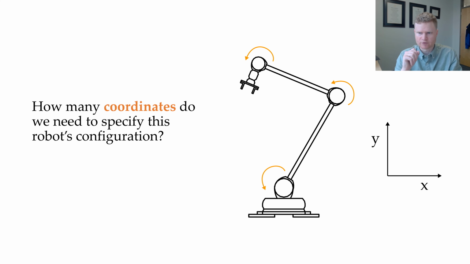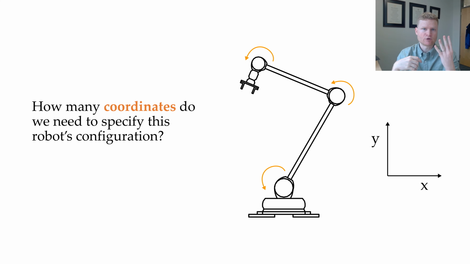Okay, in another example, same idea. How many coordinates will I need to specify where this robot is in space, the robot's configuration? Now, there are a few answers here that are all good. One would be 3. I've got this robot arm, and it's got these 3 different joints. And each of these joints are revolute joints. And if I specify the position of each revolute joint, then I'll know kind of the overall configuration of the